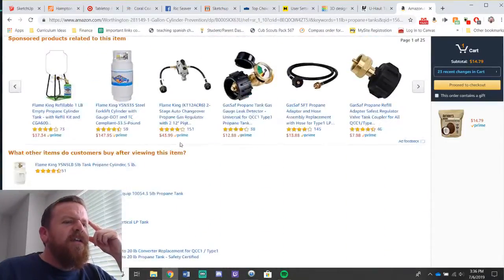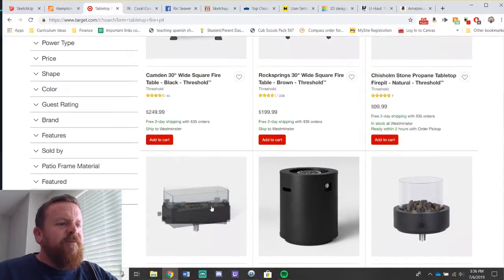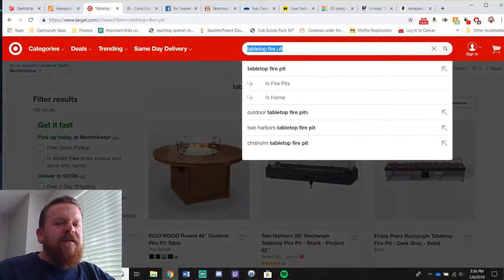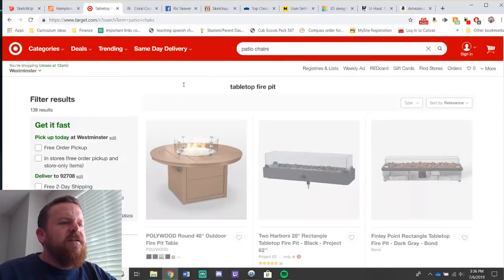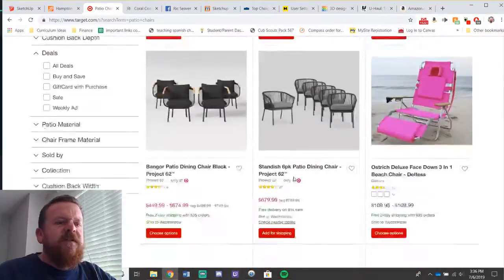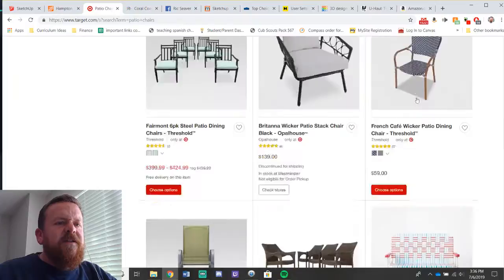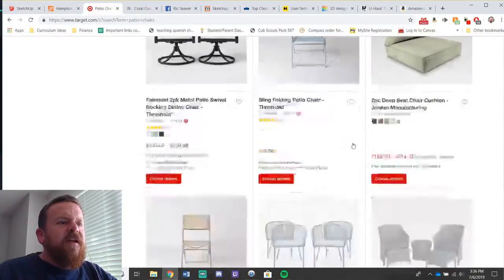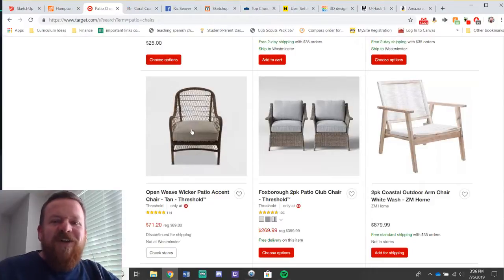So if you didn't see the last video, we got a bunch of good stuff from Target that was on clearance. We got this fire pit. We got these, let's see. We got these patio chairs for like $5 a piece. Let me see. They had these for $18 a piece. This one. They had these. Yeah, we got these for $5 a piece.